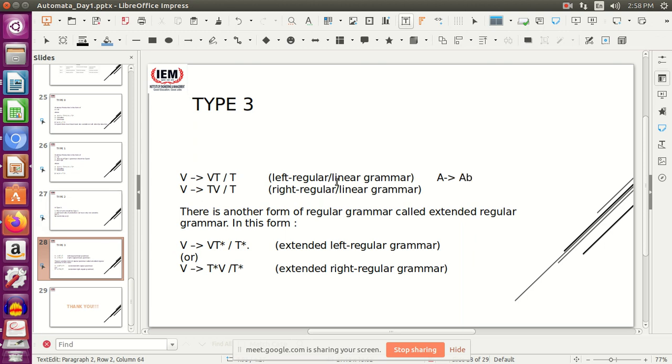This is left linear grammar, or we may have a terminal also. Why left linear grammar? Because this variable or non-terminal is at the left hand side of the terminal symbol. B is the terminal symbol. Here A is at the left hand side of B. Therefore, it is known as a left linear grammar.